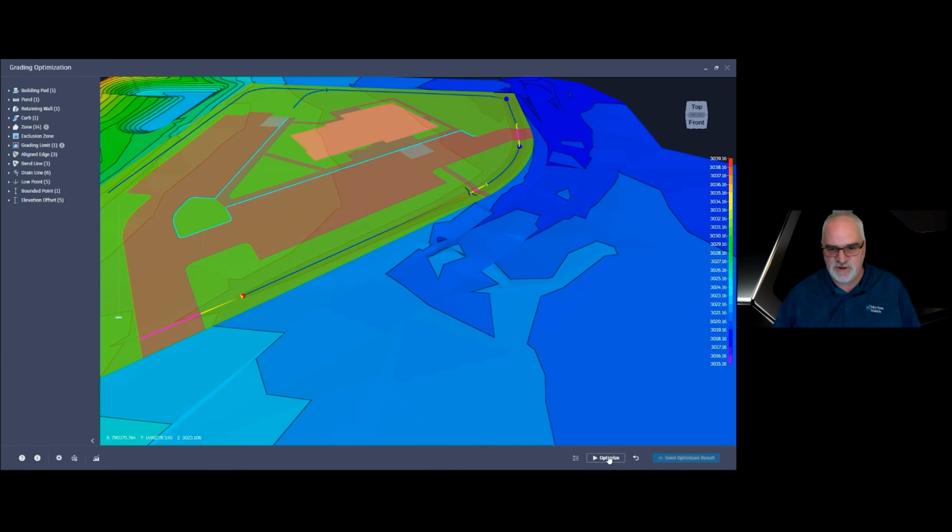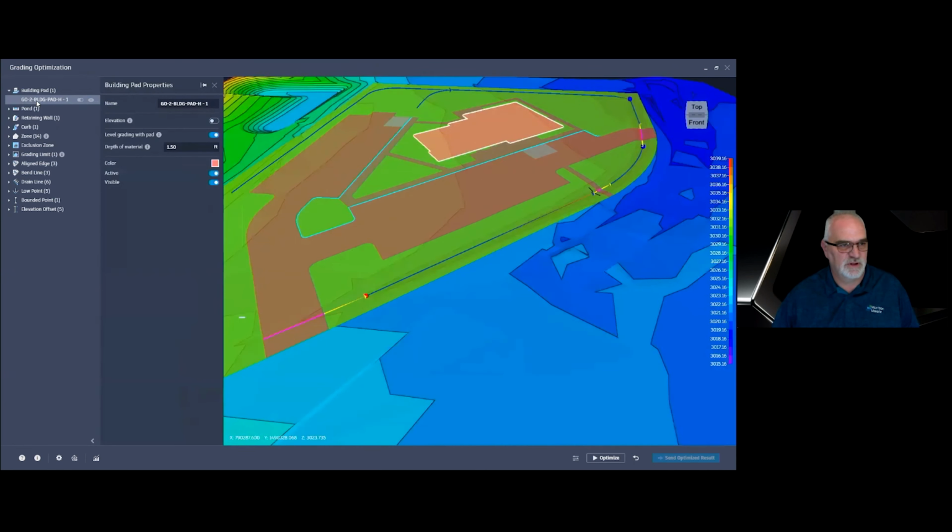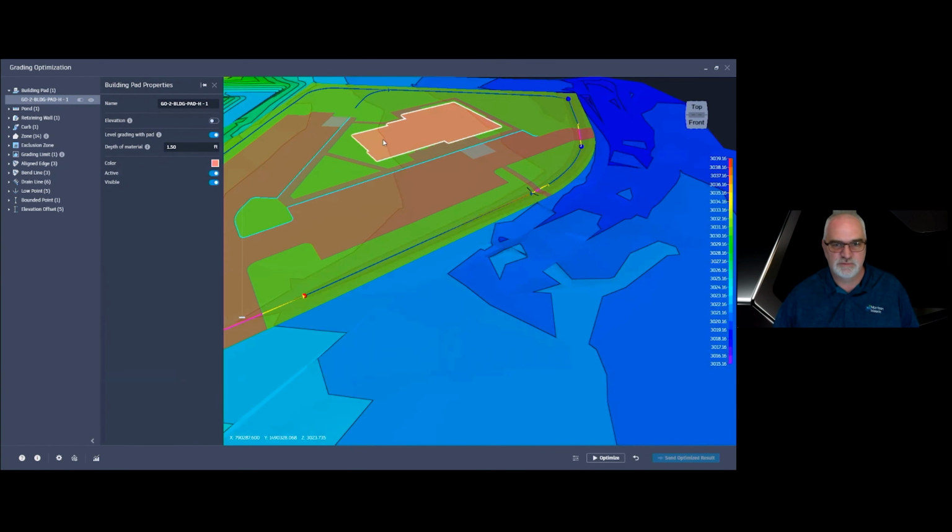As we start to optimize, I'll go through this more in depth, but you have the ability in here to highlight. So there's the building pad. So same functionality as within Civil 3D. But if you look at the zones, if they're not in the right area, top to bottom is your priorities.